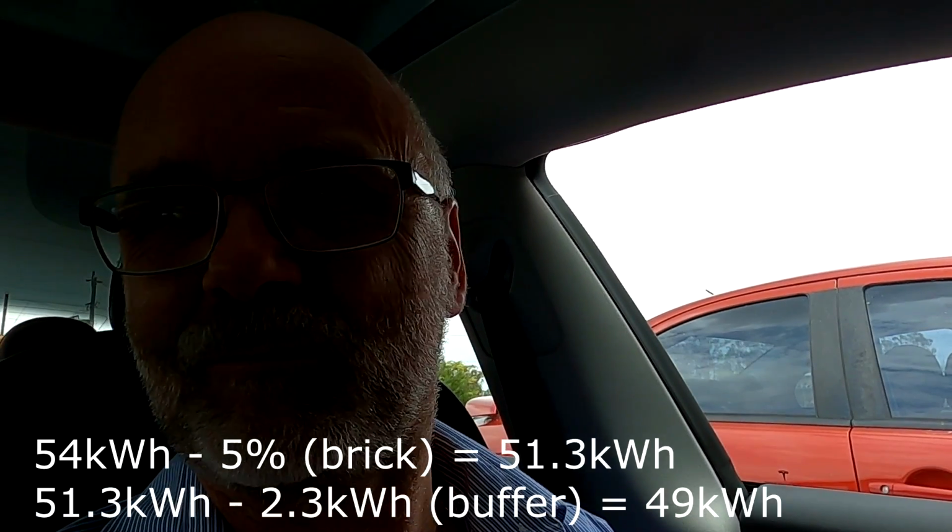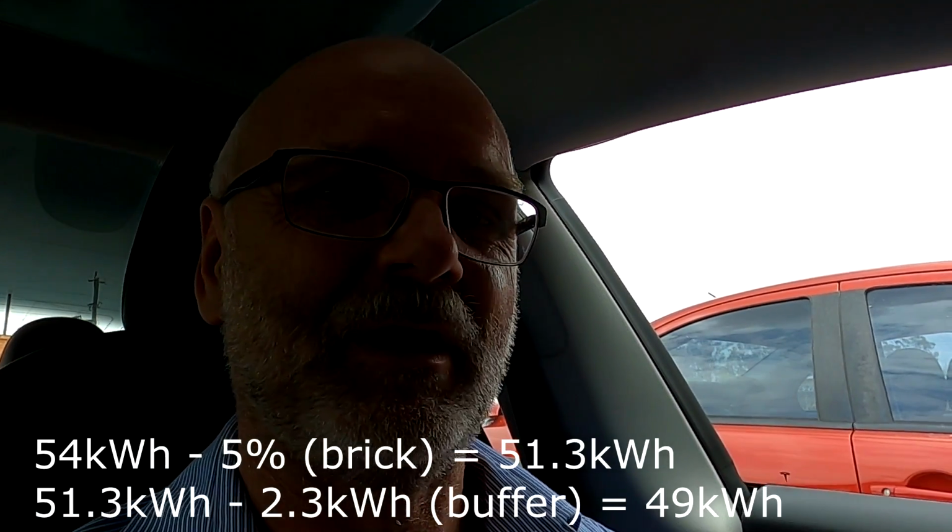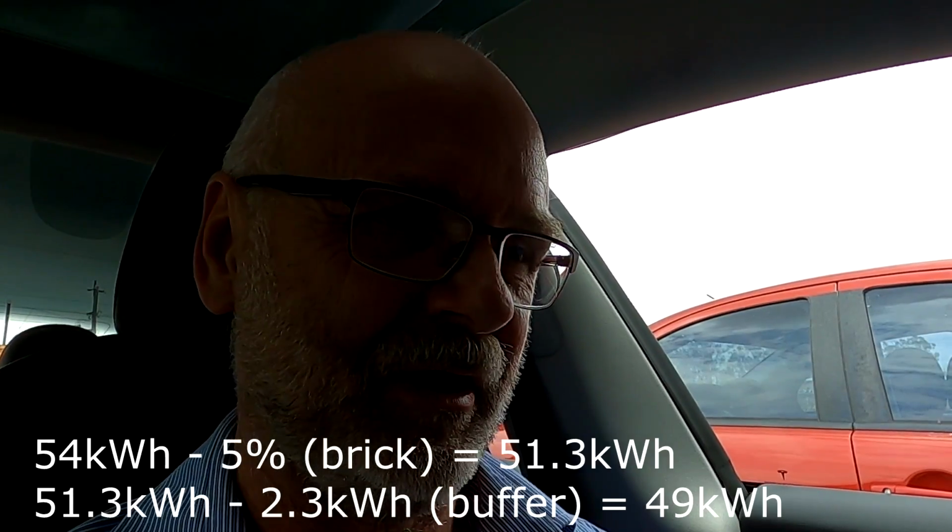This cannot be true. So we had this discussion about how to read these figures and numbers. And Dave was under the impression we have this 5% brick protection which we can never access, and about 5% energy buffer. Well, if I do the math, I will end up with only 49 kilowatt hours all in total usable in this car here. I don't know if this is correct or not, but let me show you this screenshot here